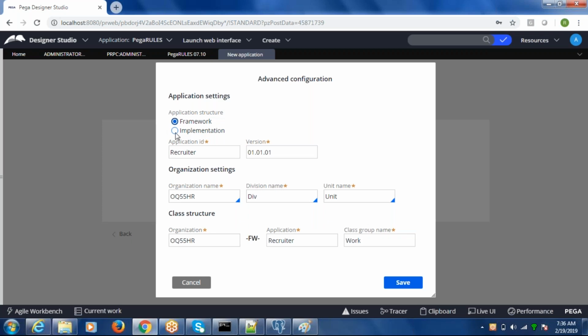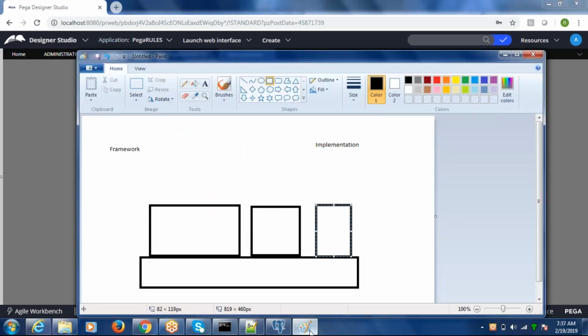All right, because if you are going with framework and implementation, if you observe, we are maintaining two different applications. One is the framework application. After creating it, you need to create another application. You can even add one more implementation on top of an implementation.